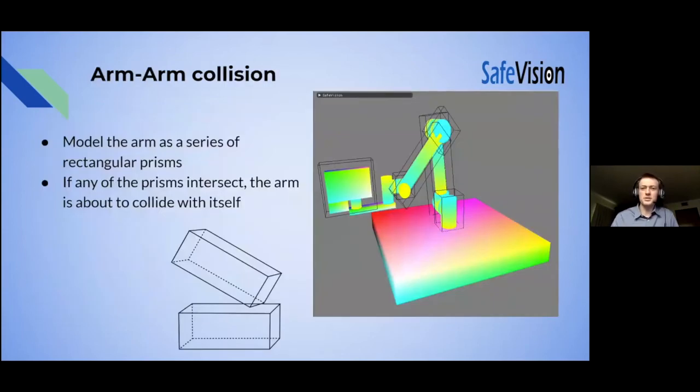However, sometimes just using sensor data isn't enough to see if the arm should stop. There are a few scenarios where the sensors get blocked by the arm itself. In that case, we can use the model of the arm directly to determine if the arm is about to run into itself. How we do that is we model each segment of the arm as a rectangular prism, and if any of those rectangular prisms intersect, that means the arm is about to run into itself and it should